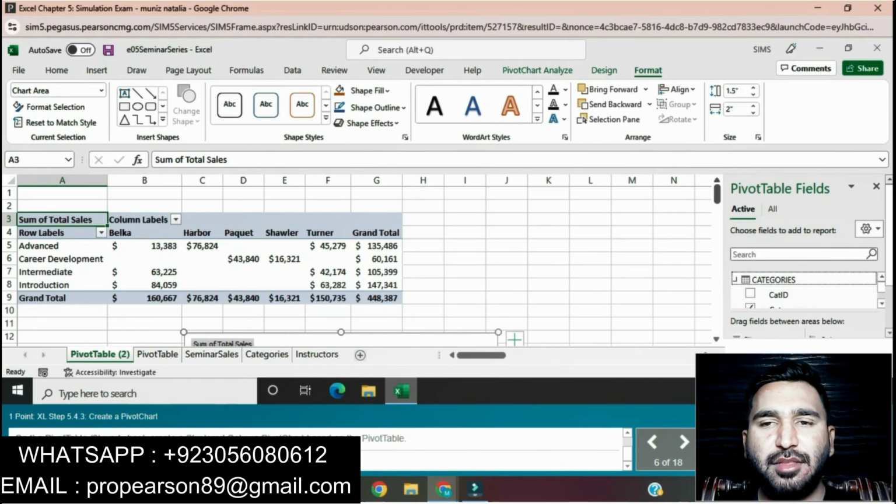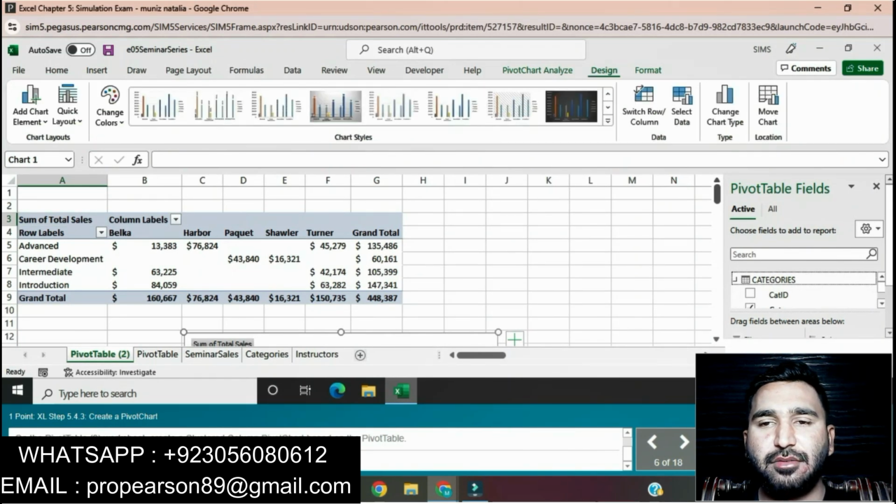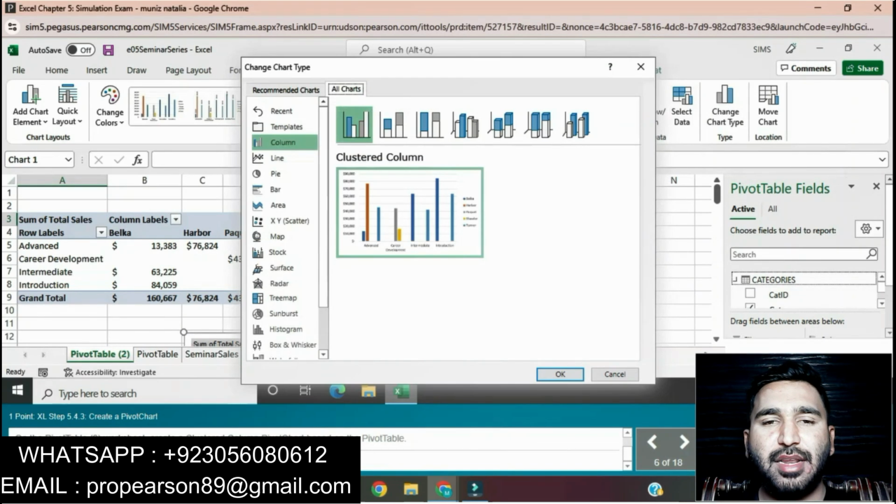Okay, change the chart type to pie. We will select this pivot chart and go to design and then click on change chart type. Then we will select pie.